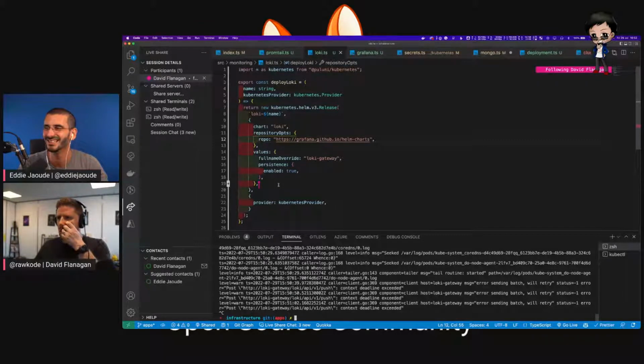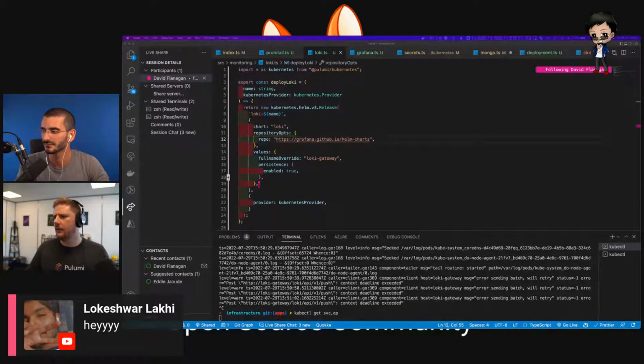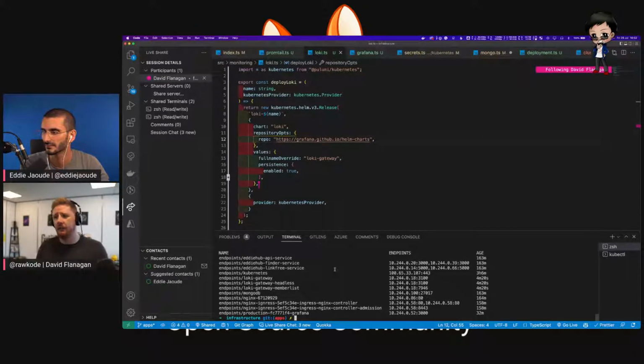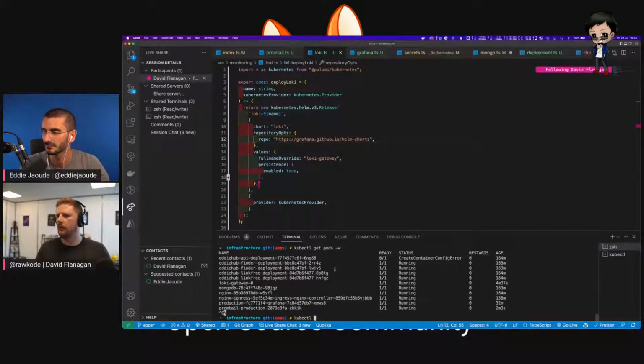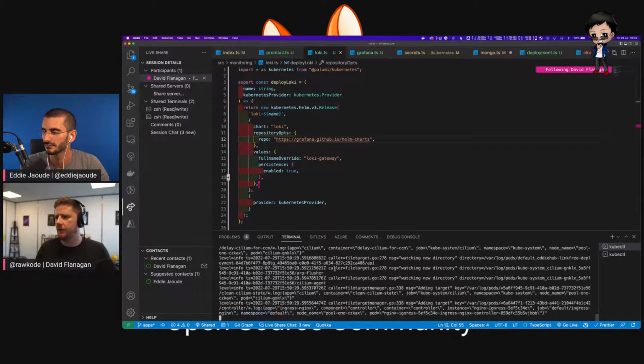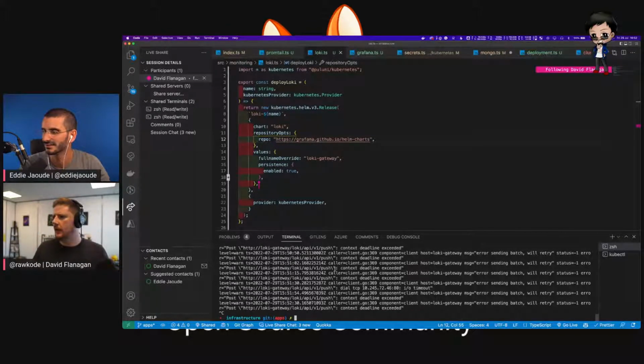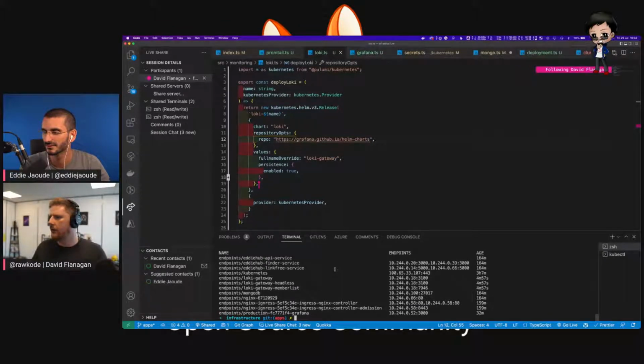Now I want to make sure that this service is actually working because we didn't actually check the endpoints. So let's try this. And Loki Gateway does have endpoints, so it is working. But Promtail is not. Let me check the logs one more time before I go down a rabbit hole. Oh, it's pushing to the wrong port number. So you can see here it's trying to dial the service IP on port 80. But if we take a look here, our endpoint is 3100, but maybe the service redirects that. Let's check. Let's describe